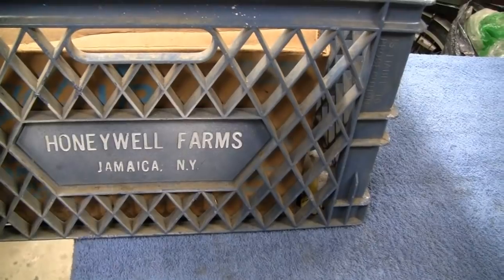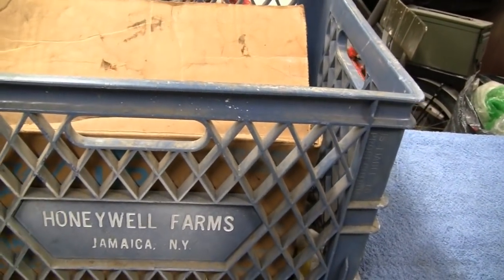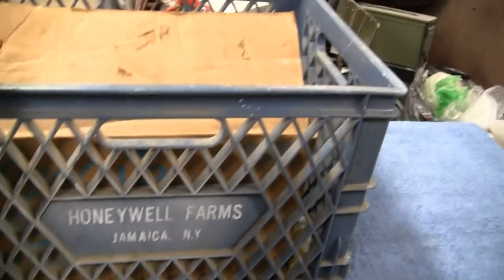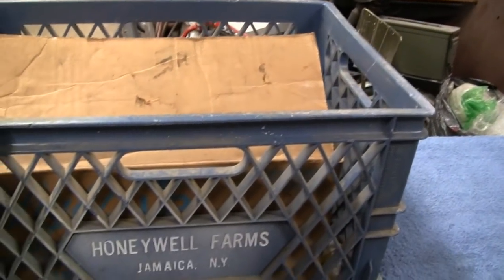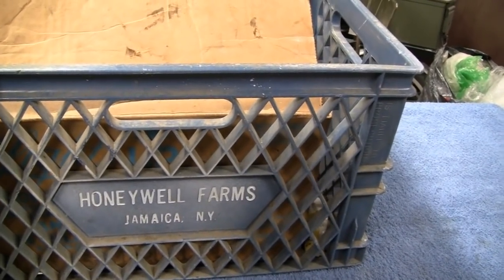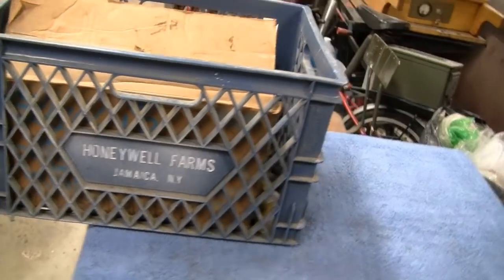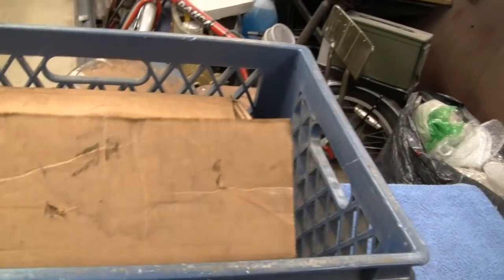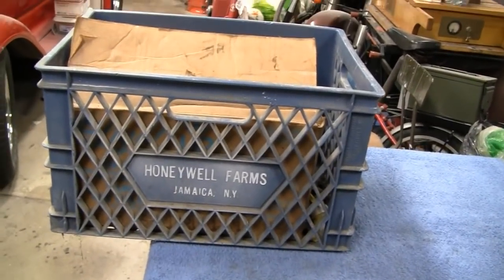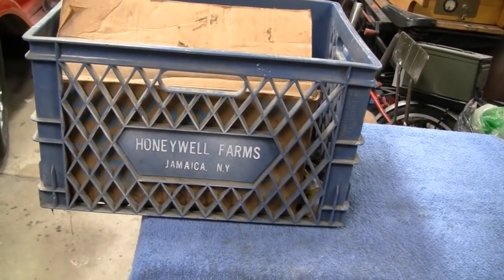But when I was researching that, I found a couple of these baskets on the internet, and the basket's actually worth more than the engine. When I bought this engine, I think I gave the guy $5 for it. It was after a 3-day show, and it was still sitting there. The guy wanted like $30 for it, and we passed it. Me and Mike passed it a dozen times. Then he was loading up at the end of the weekend, and I think I offered him $5 or $10 for it. It wasn't much, but anyway,